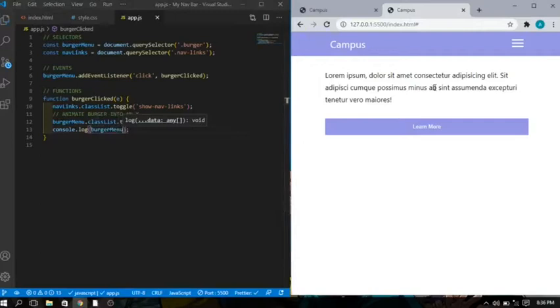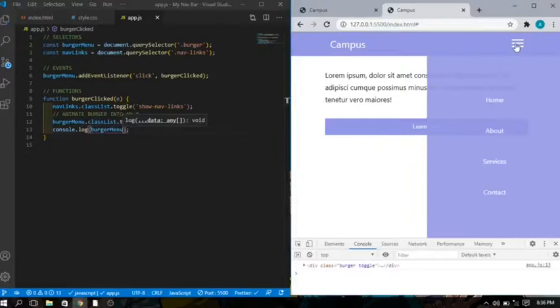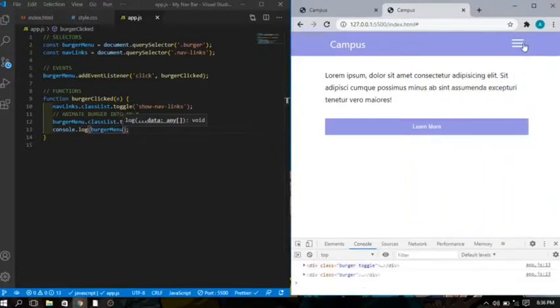So I'm just going to open my developer tool with F12 like this, and when I click on this, the class of toggle is added right here. When I click again, it is gone. And if I take a look at the HTML itself,